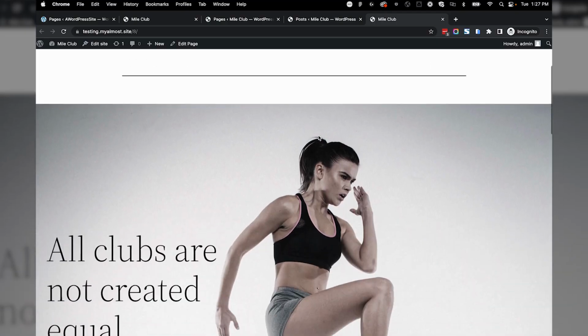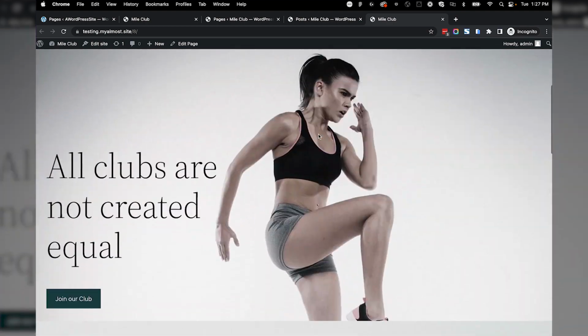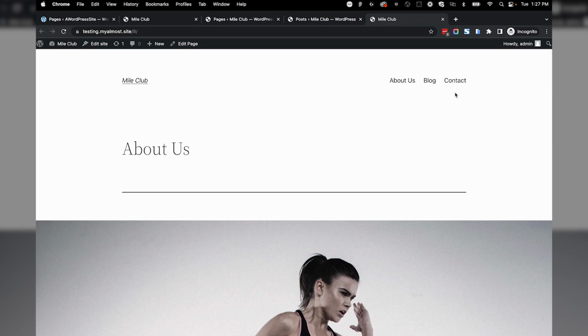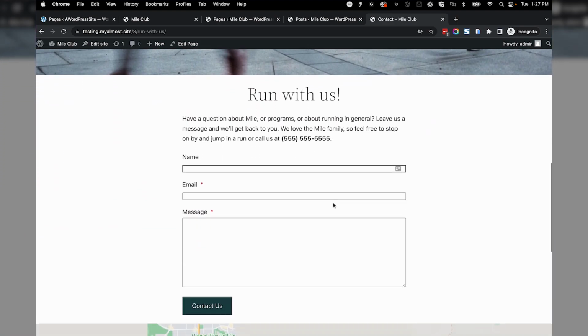Now, pages are a little different. Pages contain additional website content that is usually meant to remain static and doesn't show up in the blog feed. A good example is an About Us page, where you provide additional information about the business or author. Or maybe a Contact Us page, where you provide information for your visitors to contact you.